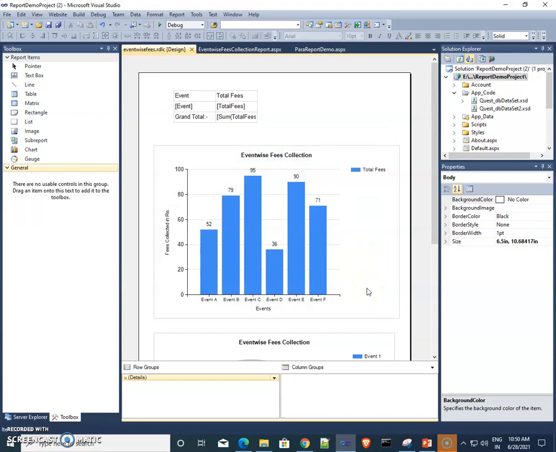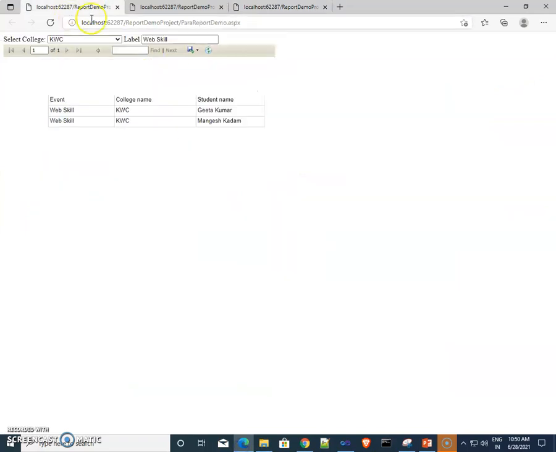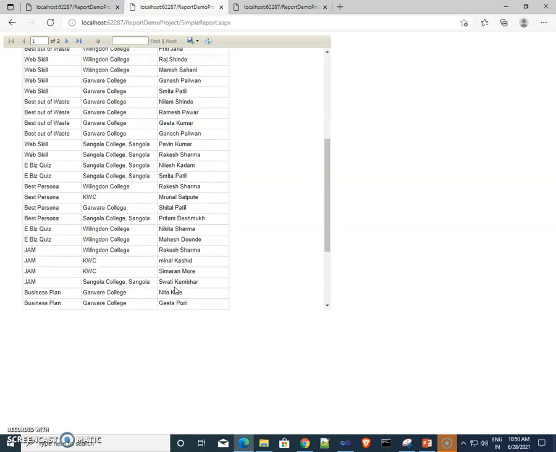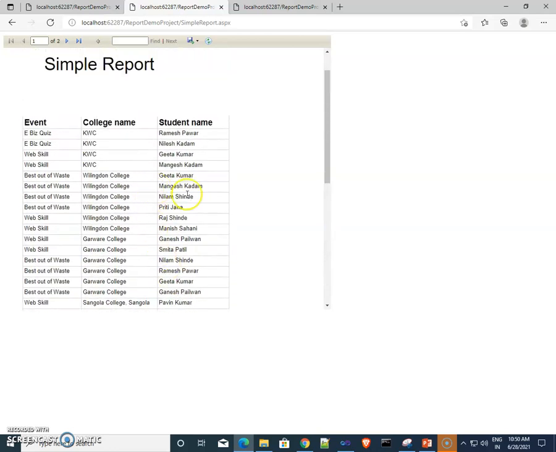We have already seen simple reports. Simple reports are like this, where we display the data as it is inside our report.